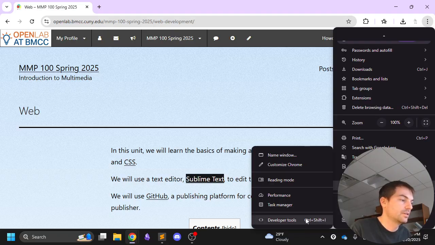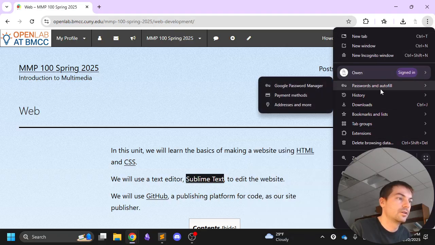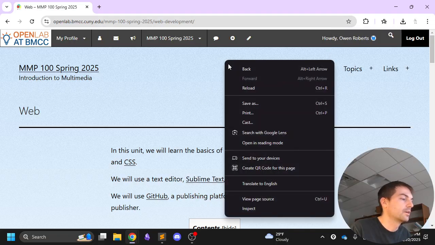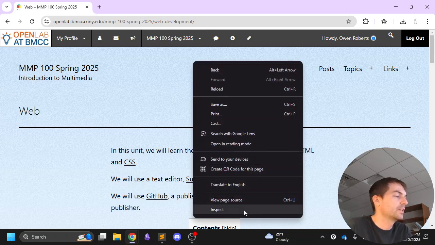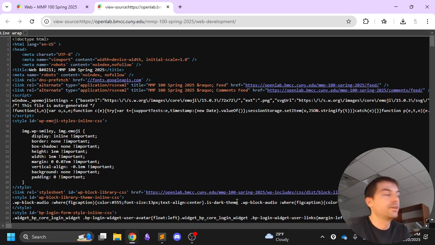I actually don't see it on here. But, okay, maybe if I right click. Okay, there you go. If you right click, there's a key command for this that I usually use, which is Control U. I forgot where that was. But anyway, if you right click, go to view page source,